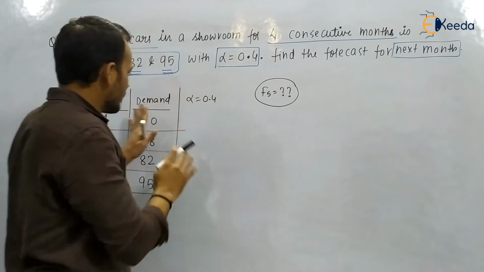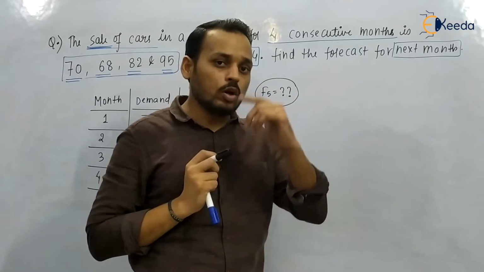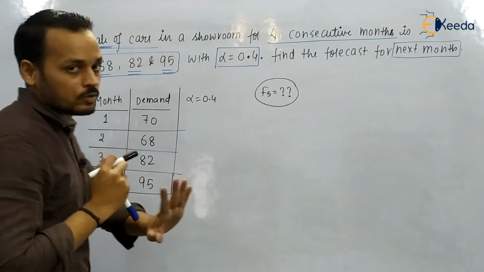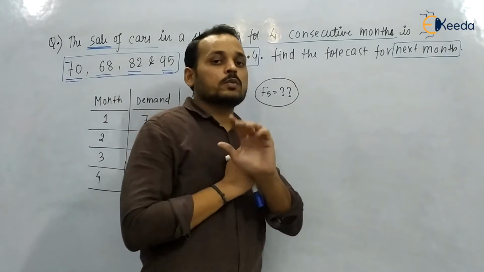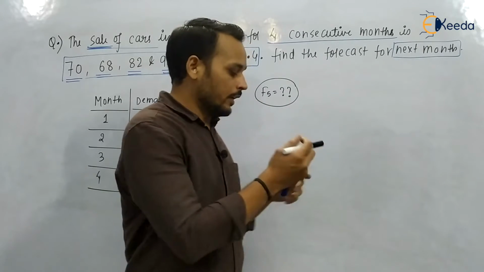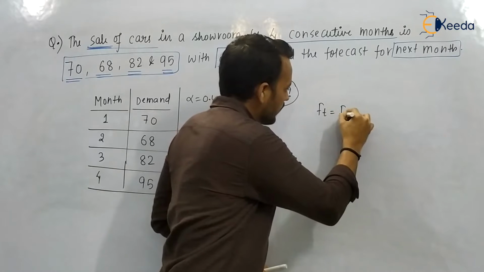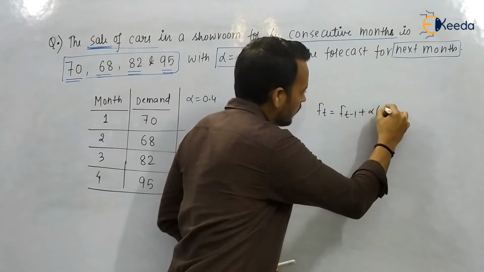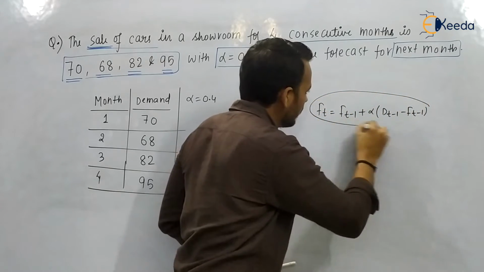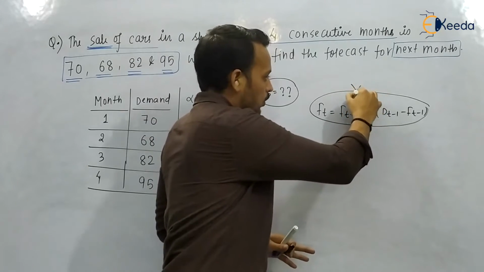No forecast data is given. In the ESM method you know that we require the latest demand and the old forecast. The latest demand data is given, but the old forecast data has not been given. So we will take the help of the infinite series. I have already told you that the formula Ft = Ft-1 + alpha (Dt-1 - Ft-1) has been derived from the infinite series, so we can't use this formula directly here.